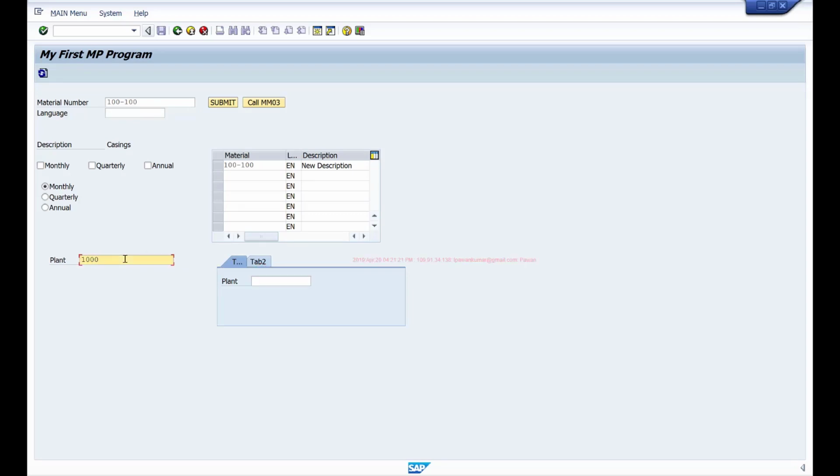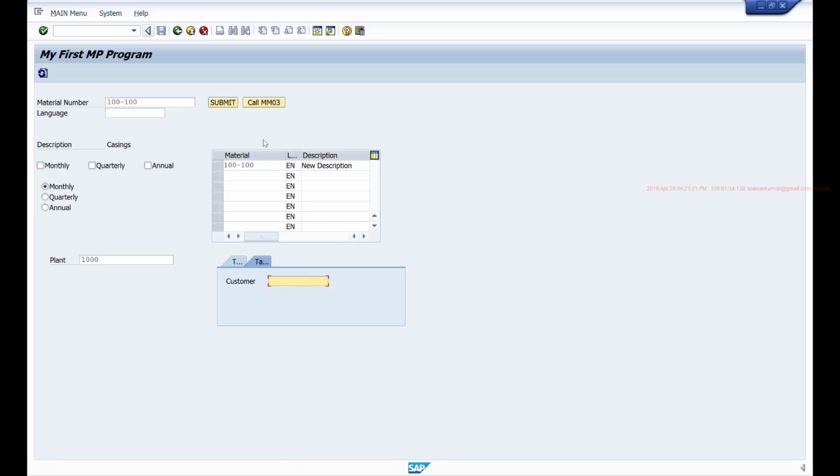On one screen, you cannot have two fields with the same name. However, since these are coming from a subscreen, this field belongs to a different screen. So in that case, you can have two fields with the same name. So whatever I fill here is appearing here automatically, right? So in tab 1, I have this plant, and in tab 2, I have the customer. Okay. So everything is same.